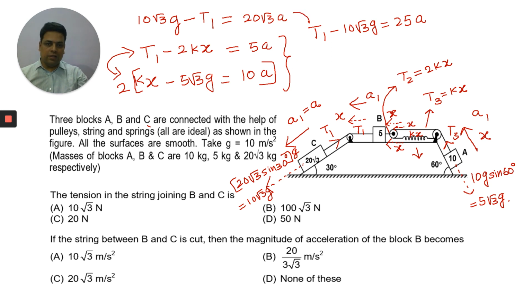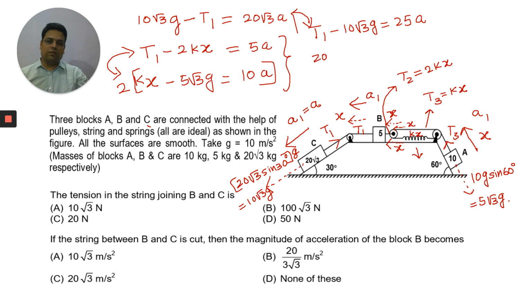And if I add these two equations, then 10 root 3 g gets cancelled. T1 also gets cancelled. So 20 root 3 plus 25